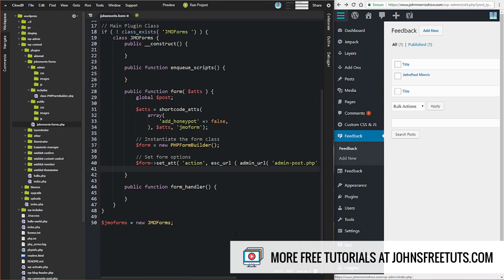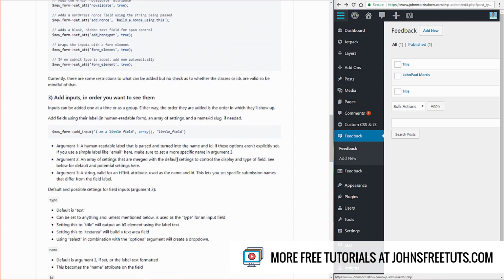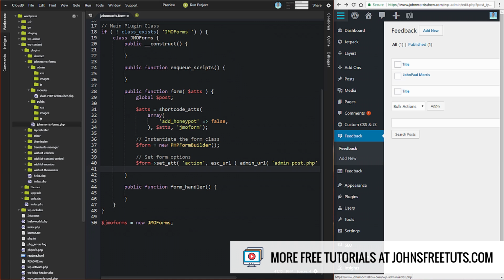Now the next thing that we need to set is, we did this honeypot thing here. We need to make sure that we set that for our form. And again, the add honeypot option comes from this. So if you see right here, down here, add honeypot is one of the options that you can use from this PHP class. So doing this right here gets everything set up and gets our defaults and all that set up, but we still need to tie it into our actual form